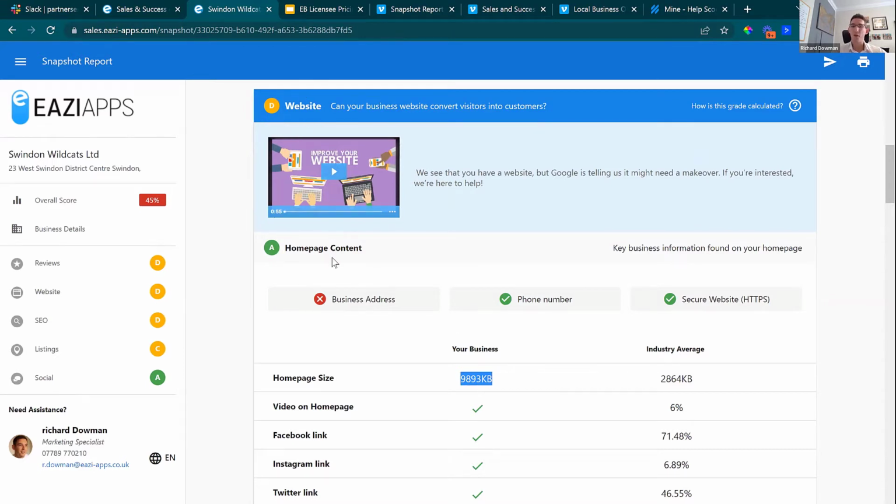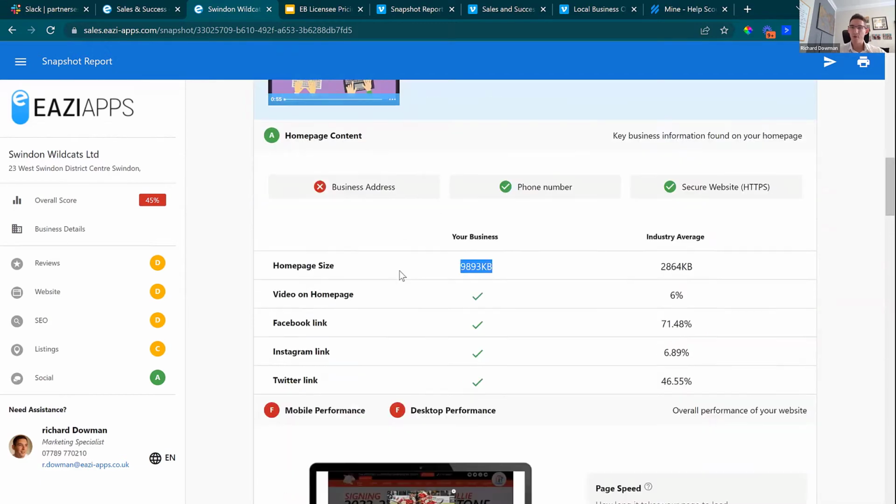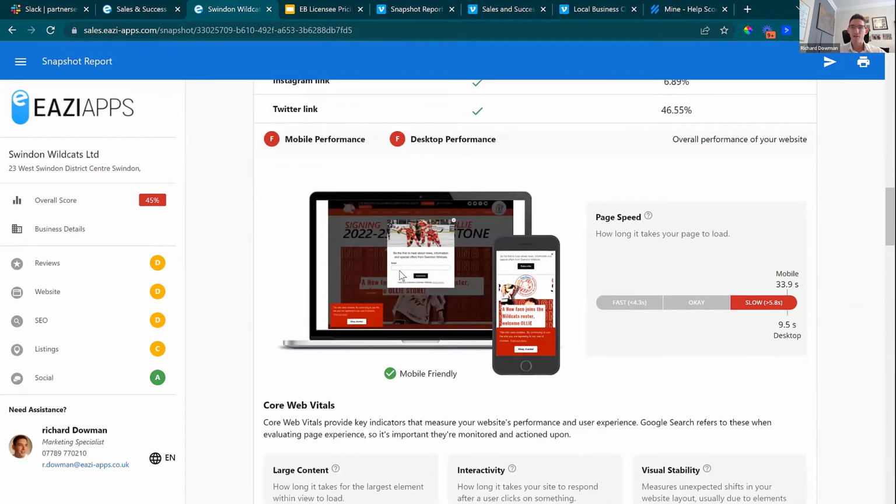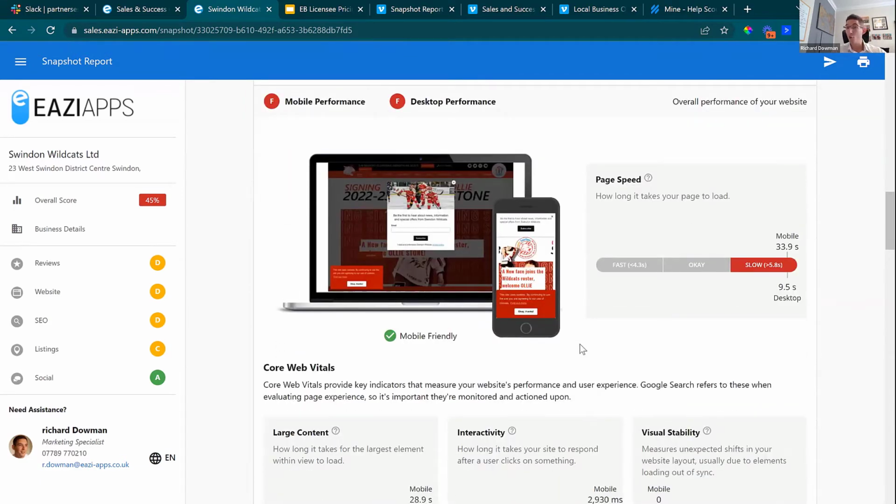So where is it falling down? Well, if we move down the report, we can see straight away that it's the performance that is slowing it down. It could be the platform that the website is built on, it could be that the size of the homepage is too big, or it could be a combination of both. Either way, this positions us really nicely to go in and start prospecting them for an easy site,